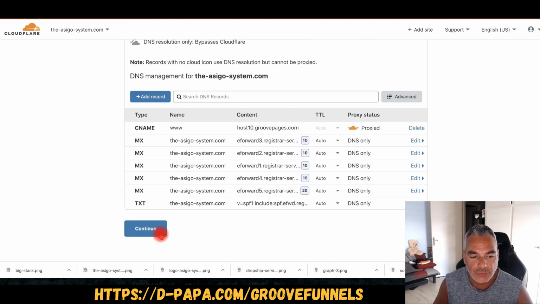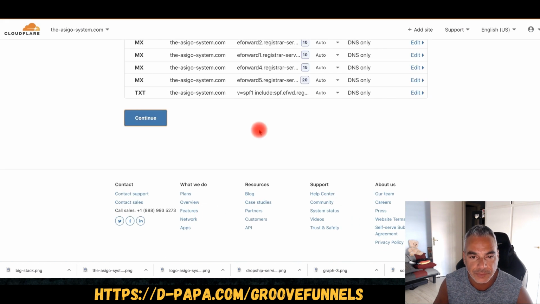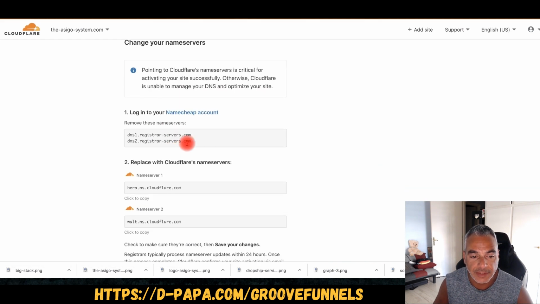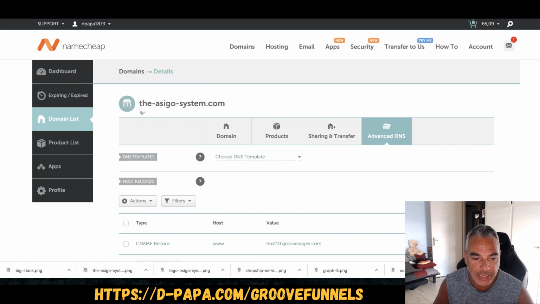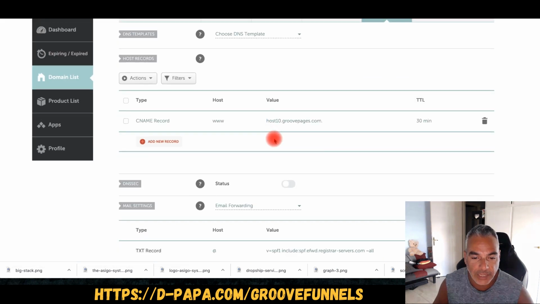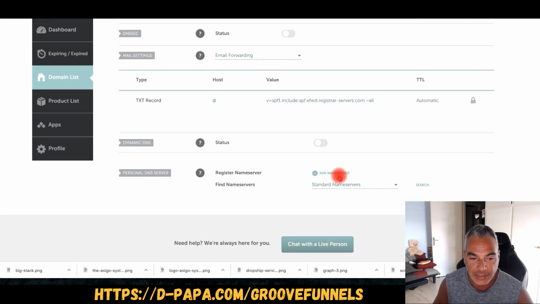Okay, and then I'm going to scroll down and go to continue. The thing that you need to change here is actually remove the older servers and add the new servers. The way that you do this is you copy this, come back into your Namecheap account, and you will scroll down to name servers,